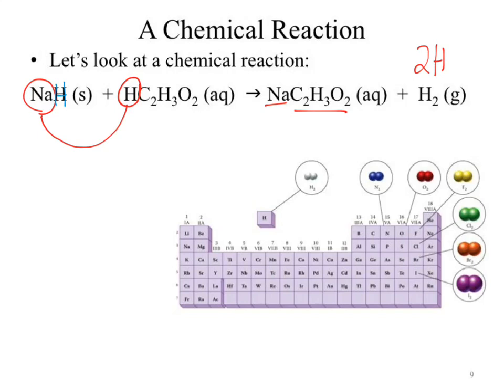Because those hydrogens are bound to each other. There are certain elements that will bond to each other or bond to themselves in very specific ratios. The most common one that you're going to be concerned about is the diatomic elements. Hydrogen happens to be one of them. Di for 2, atomic for atom. So hydrogen being a diatomic element, in its natural state, there will be two hydrogens and they are bound to